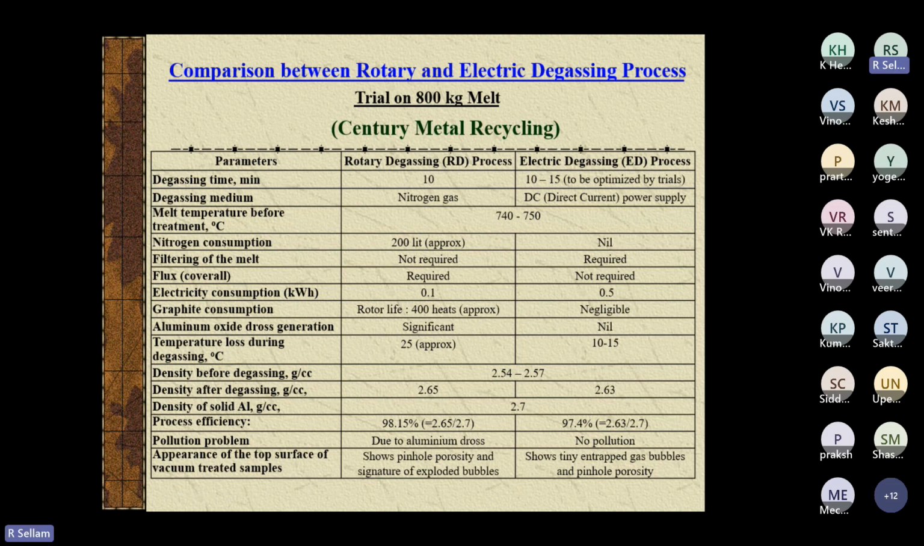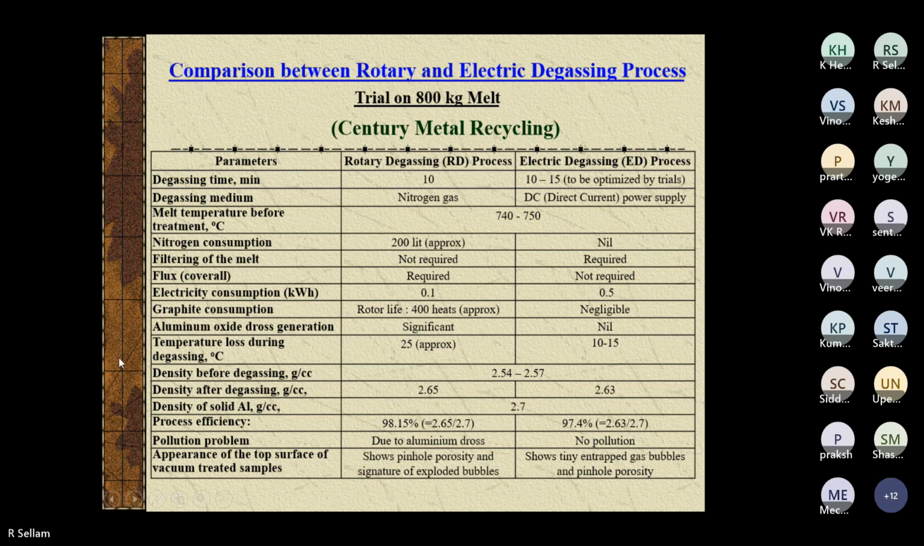Because you cannot filter it, I mean remove it. If you take the metal in a melt, it will not work properly. Flux coverall is required for rotary degassing, but flux coverall is not required for electric degassing. Electricity consumption in kilowatt hour is for the rotary degassing, the motor to rotate the graphite rotor, is this amount, and for our degassing purpose 0.5